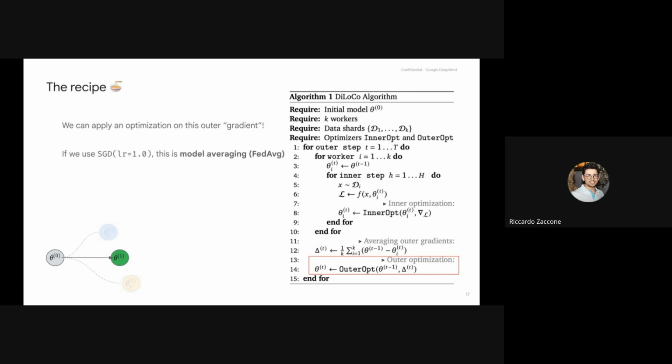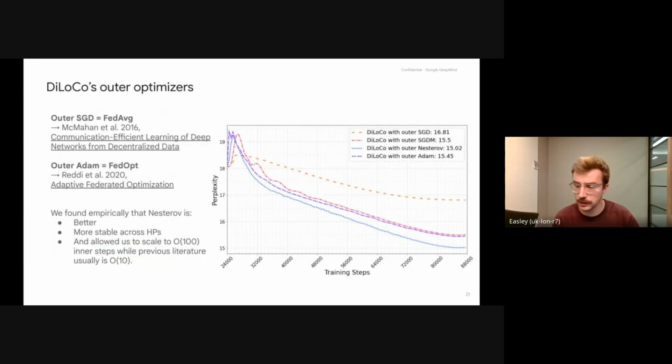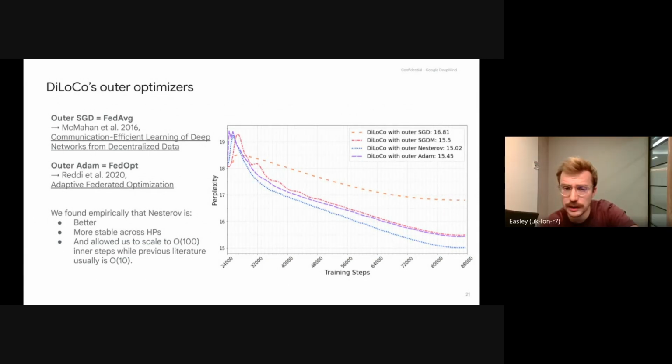Okay, thanks. And so you found that actually the difference between using Nesterov and classical momentum on the outer loop is significant, right? Yes, absolutely. It's significant across different settings and it's much more stable. As you can find here, maybe I was a bit quick on that slide. You can find in blue Nesterov, which reached a performance of 15, while SGD in orange, a performance of close to 17.